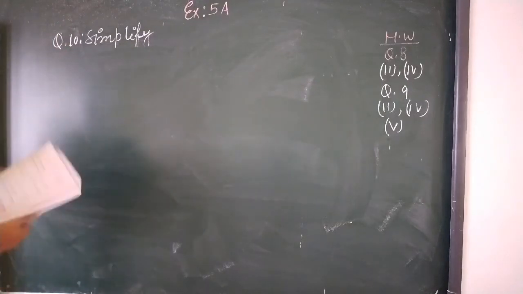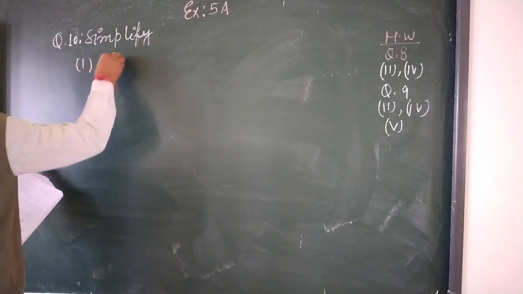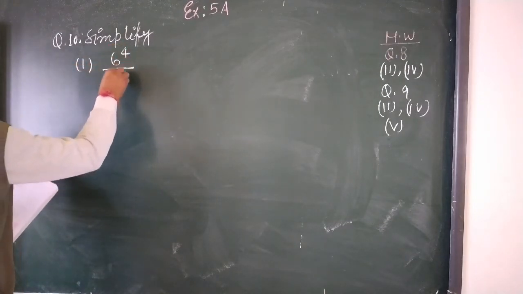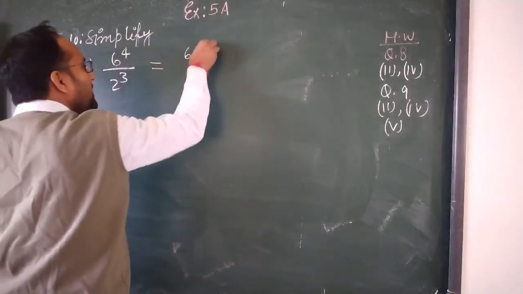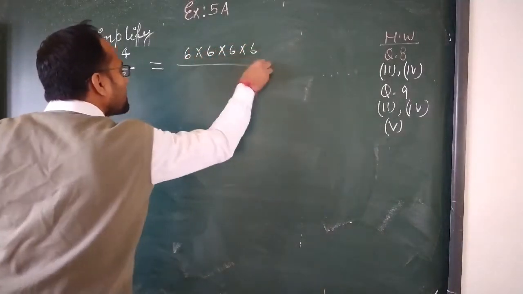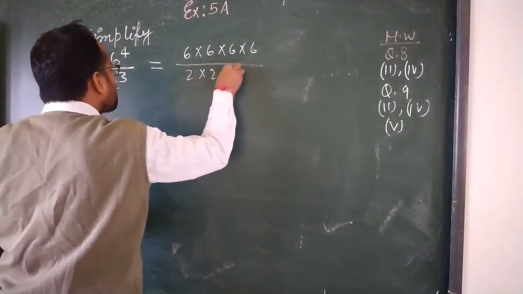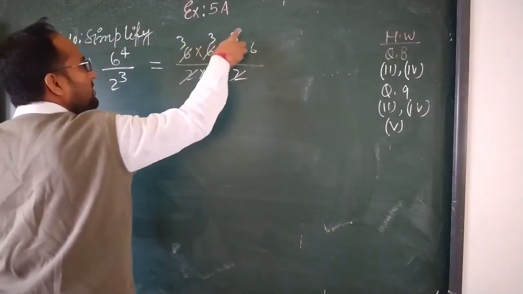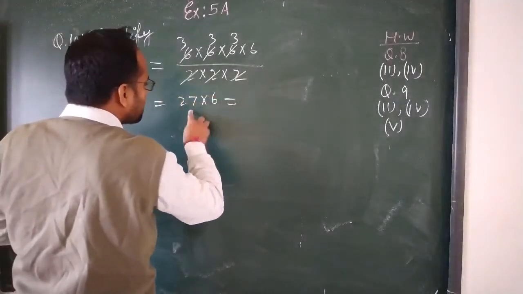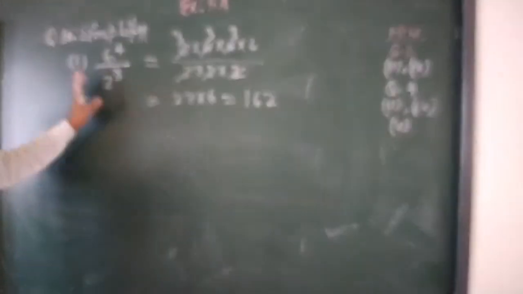Simplifying. So in this one it is based on our division. See this first question: 6 to the power 4 upon 2 to the power 3. So there are two ways to do that. First one is a simple way: 6, you will write 4 times. This is not a mathematical method. It is only simplifying, finding the answer. 3, 3, and 3. 3 3s are 9, 9 3s are 27. 27 is multiplied by 6. So what will you get? 6 7s are 42, 4, 6 2s are 12, and 4, 162. This is your answer.